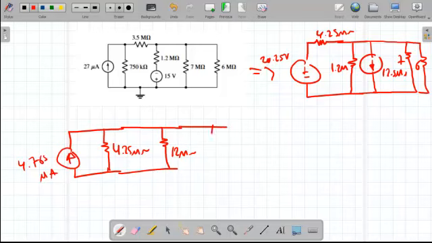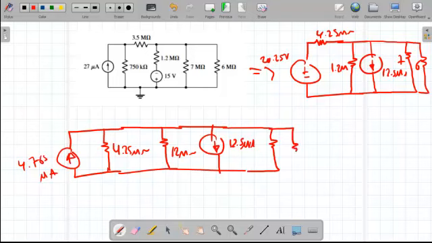This current becomes 12.5 microamp here. Then we have the 7 mega and 6 mega. Now it's clear we can combine the two current sources, and we combine all the resistors, and we just leave the 6 mega ohm. So we find that this becomes one current source. We combine this together, one up and one down, so it becomes